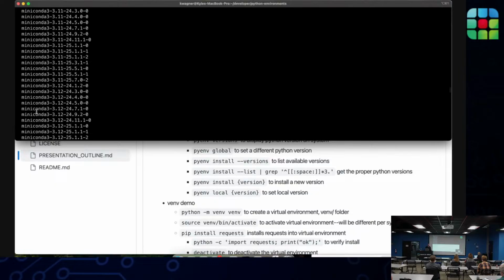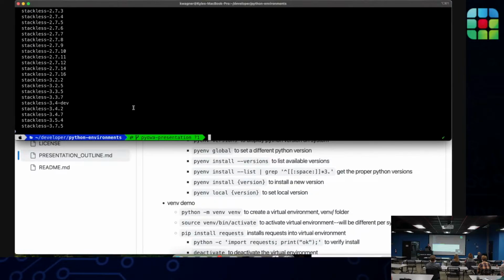I don't know how many, there are a lot. Typically what you want is the proper Python versions, just the 3.12 something, and you don't care about having a specific release that isn't the official Python release.